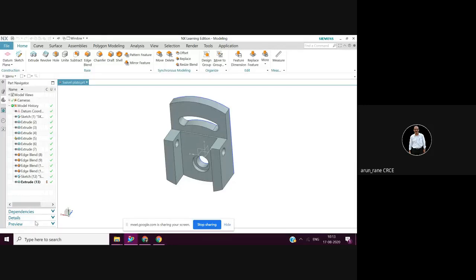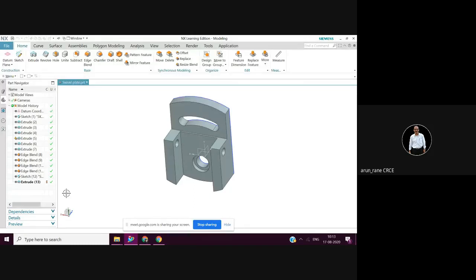Now once you download the software, it will automatically create the folder. You listen carefully. Once you download the software, that is the student edition, next, NX for design, student edition. Preferably you should have 8 GB RAM. Even if you don't have it, mine is 4 GB. If you have 4 GB, that is sufficient. And space nowadays, everybody has space because everybody uses a 500 GB hard disk.